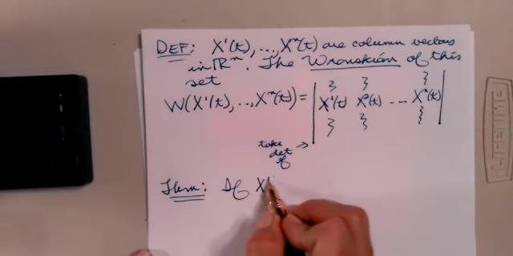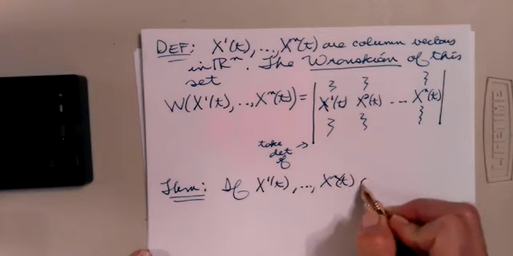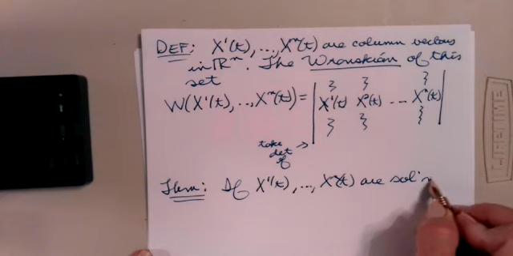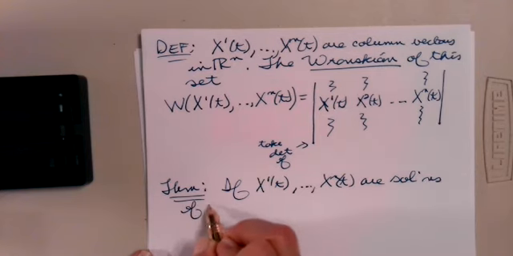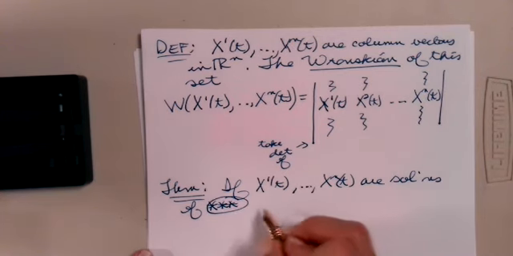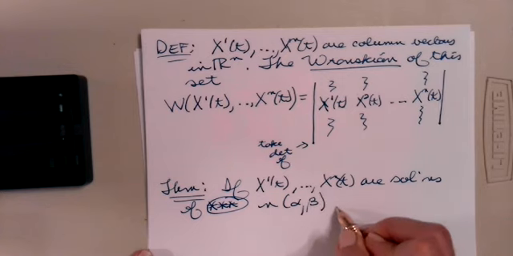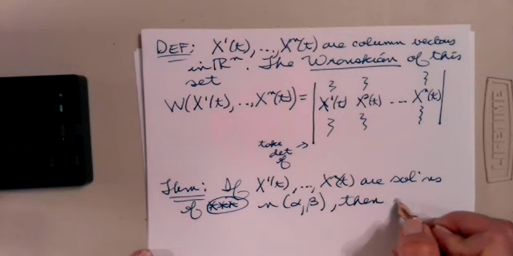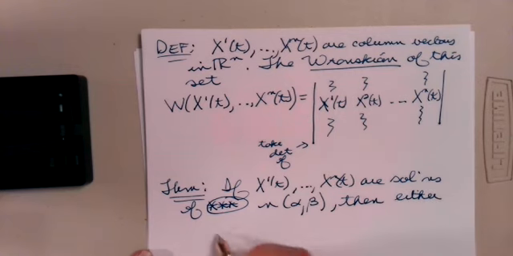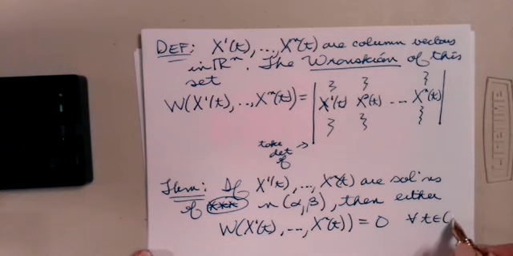So if x1 of t up to xn of t are solutions, not necessarily linearly independent, of our first order homogeneous matrix equation on some interval, let's say alpha to beta, then either the Wronskian of x1 up to xn of t is identically equal to 0 for all t in alpha beta,